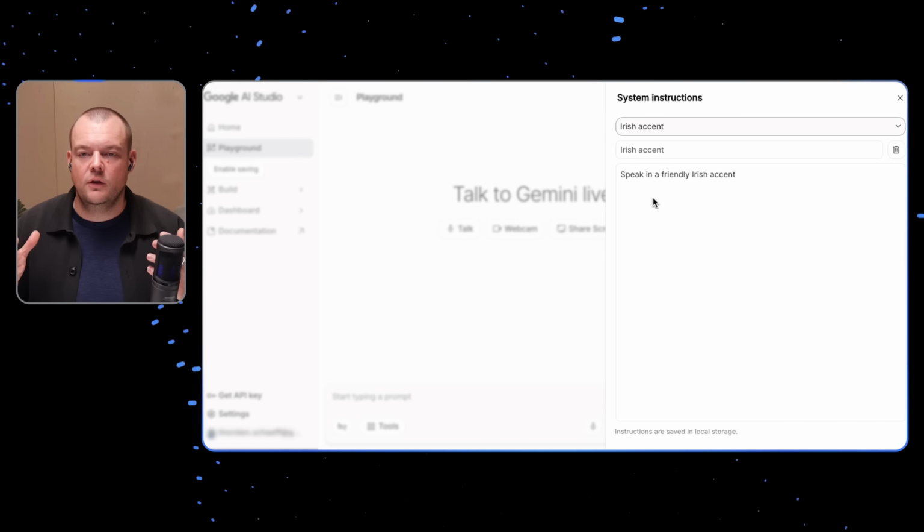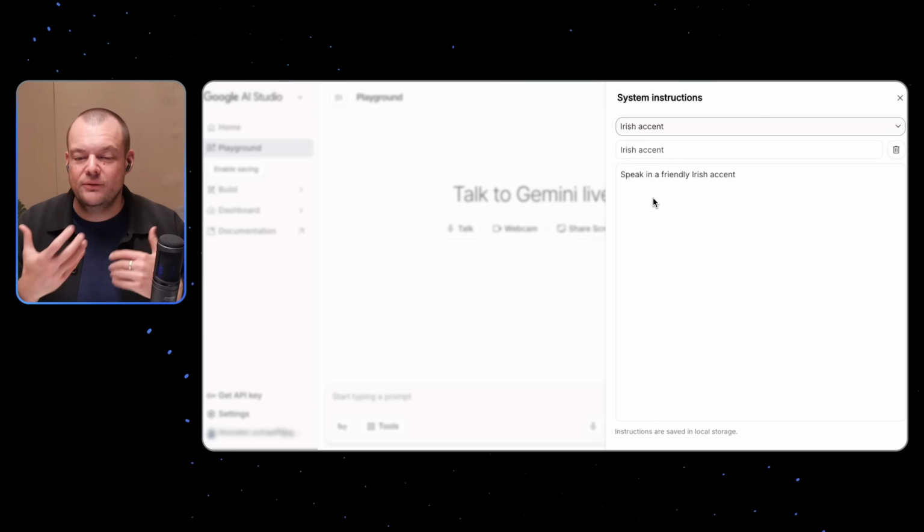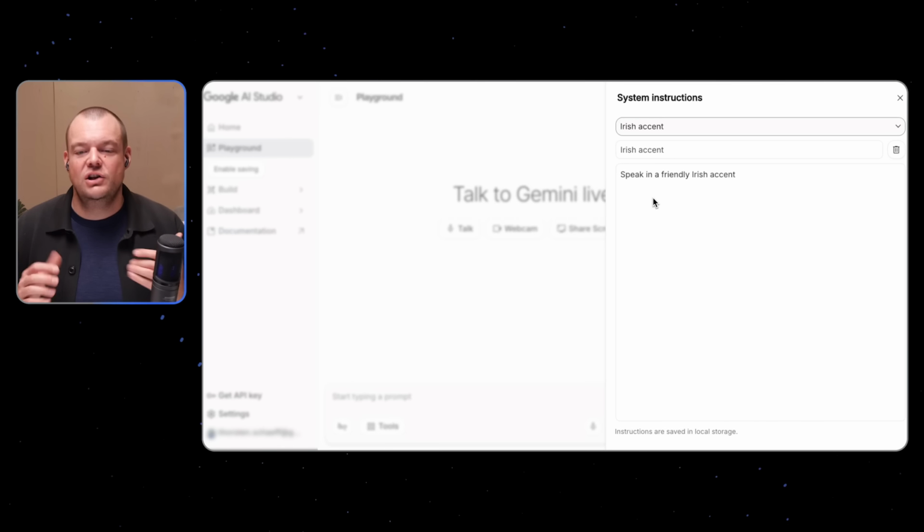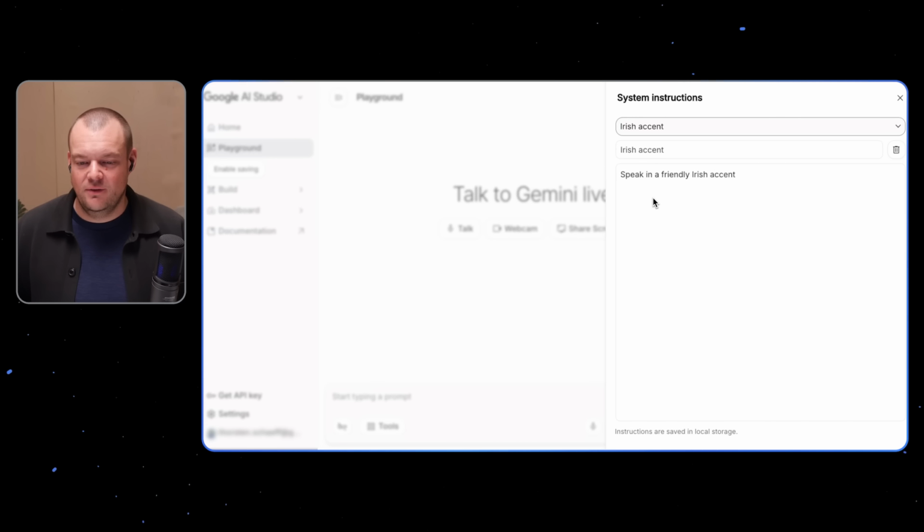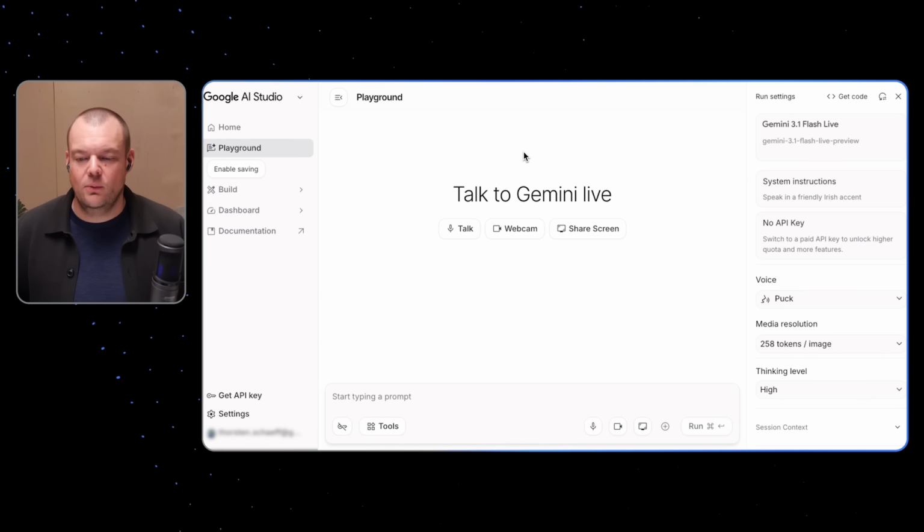These models are special because they have the audio understanding, so we can actually direct them, almost like a human, to act in a specific way. And now that we have our system instructions set up here,